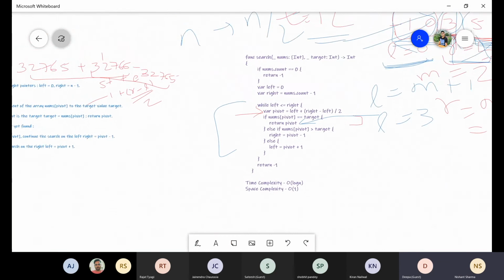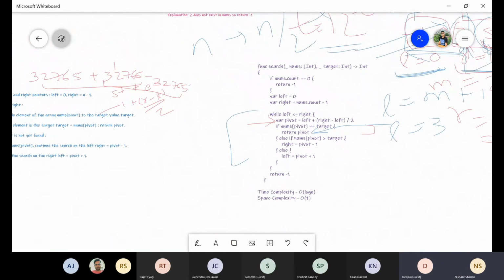So this is binary search, and we use binary search on a sorted array because the sorted array has a property that all the elements from a particular index to the left will be smaller, and all the elements from a particular index to the right side will be in increasing order. So we are using this property to reduce the overall time complexity for our problem. Any questions?